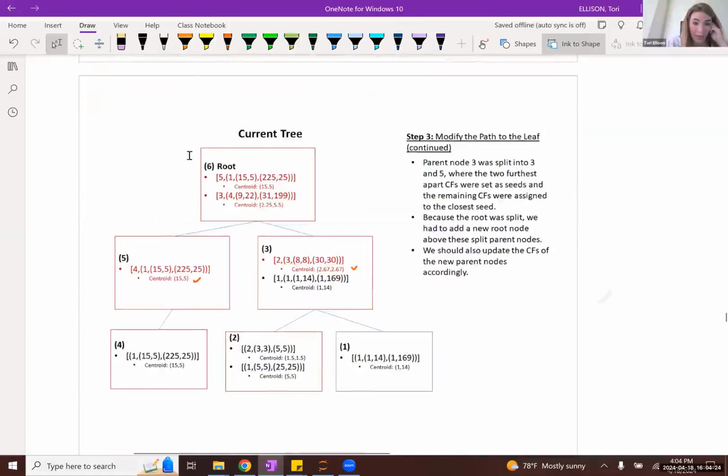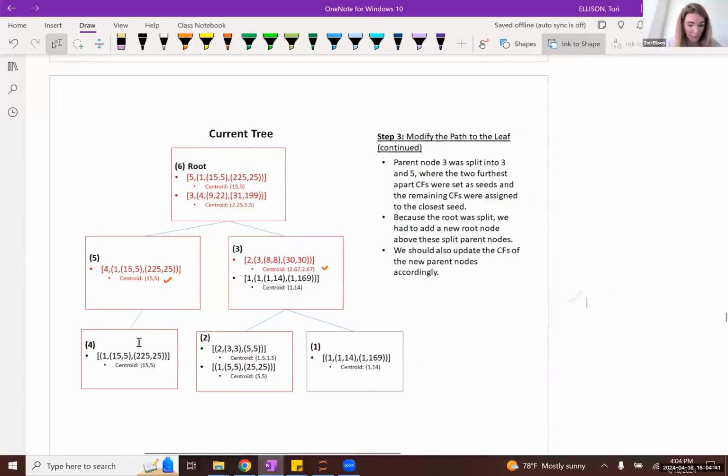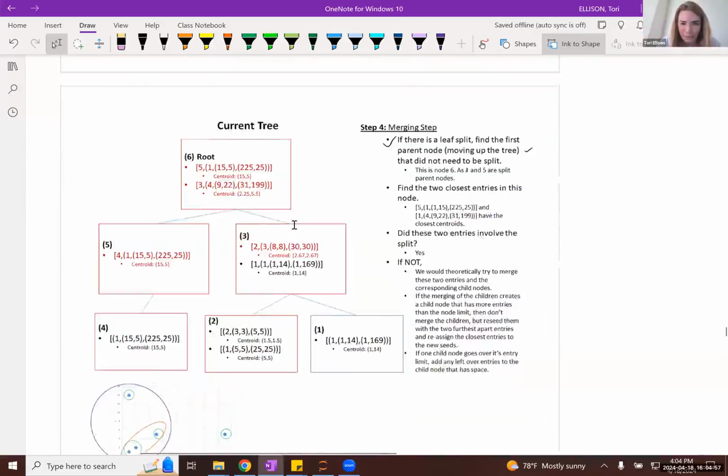So you might say that the first node that did not require splitting was actually this new root node that we had created here. So in theory, given that we had split one of these leaf nodes, you would select this root node here to allow for a little bit of clustering structure massaging, if you will.